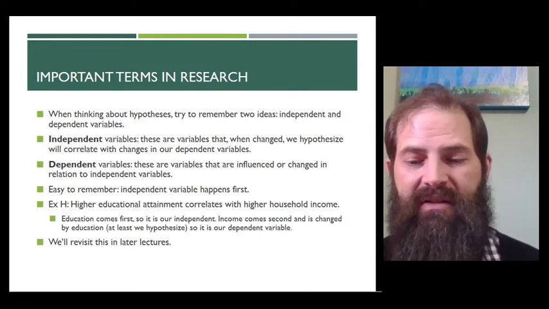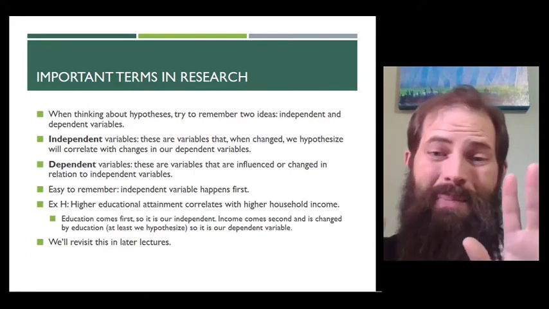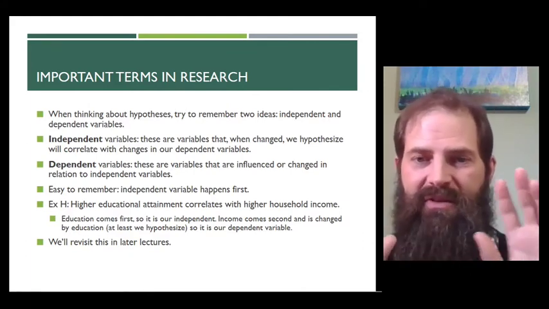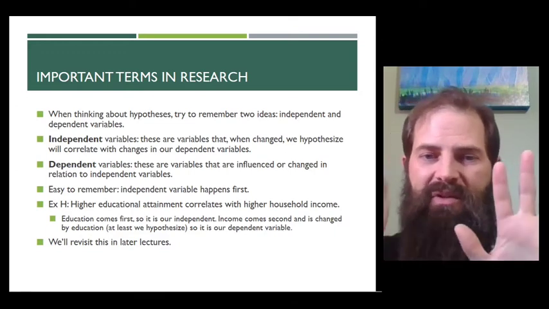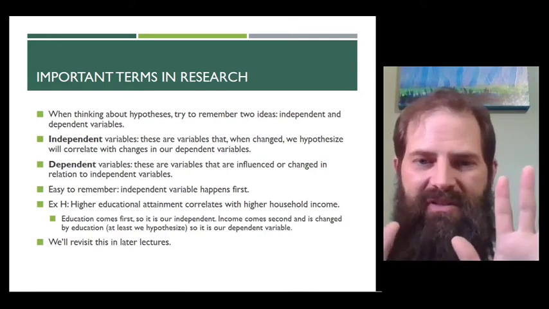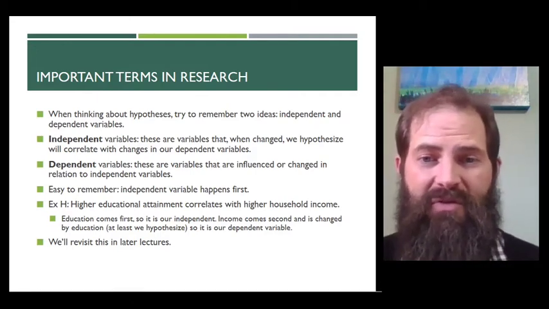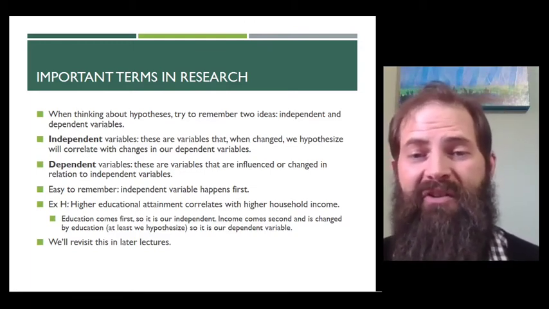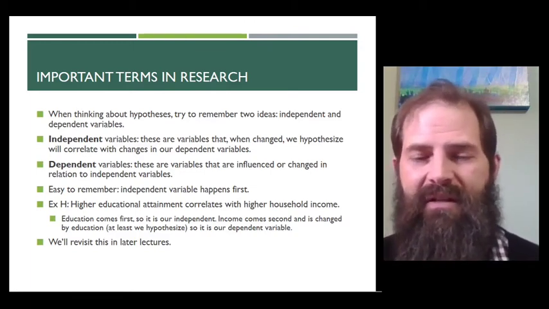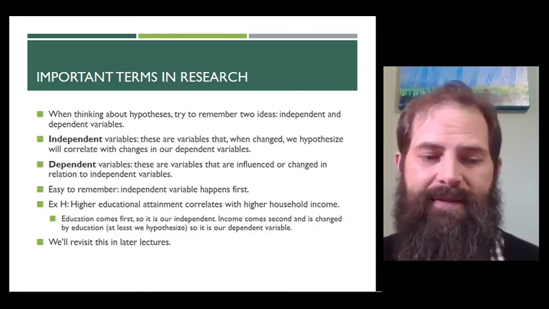One thing that I find really helpful is to remember that the independent variable comes first, and that the dependent variable is dependent on the independent variable. So the independent variable is free to change however it wants, but the dependent variable is somehow hinging on this one to be able to change. Find other ways to memorize it too that might work for you. You can tattoo it on your arm. Okay, maybe not that. And we'll talk about a couple of other tricks that I use when we start talking about secondary data analysis as well. We'll revisit this idea later in the lecture series.